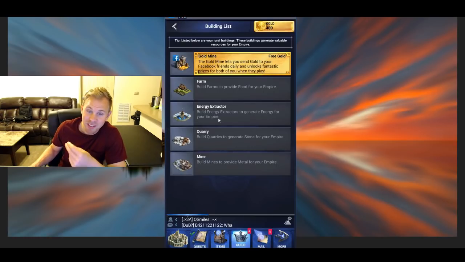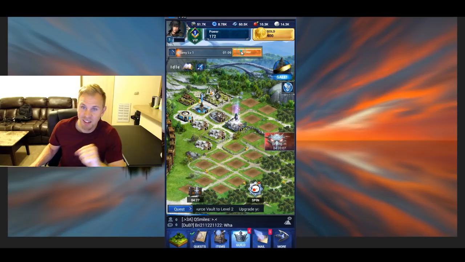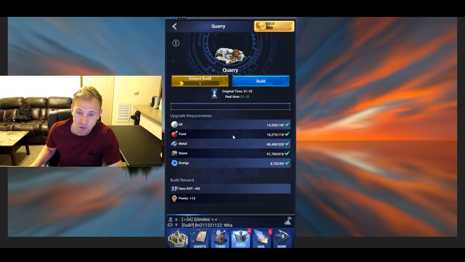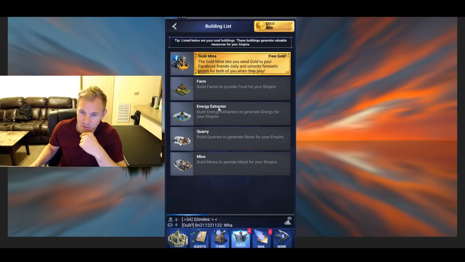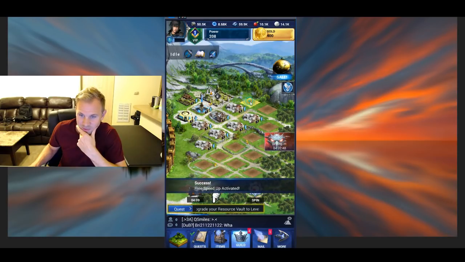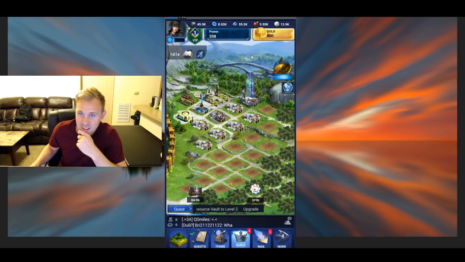And I would go ahead and do this pretty early on before you level these up too much, because you can destroy these buildings once you make them, but then you lose all the resources that you've invested into building them up. So yeah, I'd go ahead and do this early. So we've got 5, 6, 7,